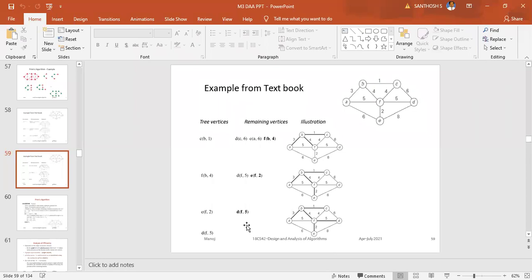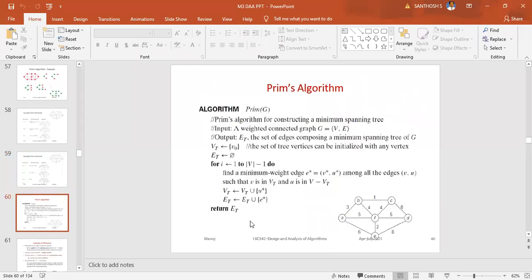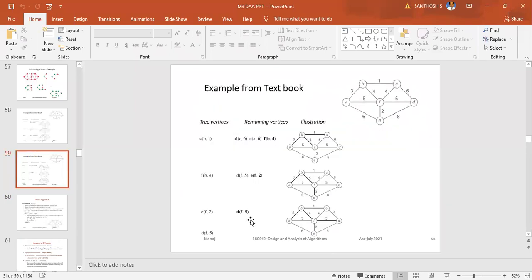So this is the example from the textbook. Okay, so have you understood this particular algorithm? So how the path is, you have to work on this. So understand the concept and you can easily work on that. So go through this particular PPT and textbook, you can easily understand. So have you people understood?